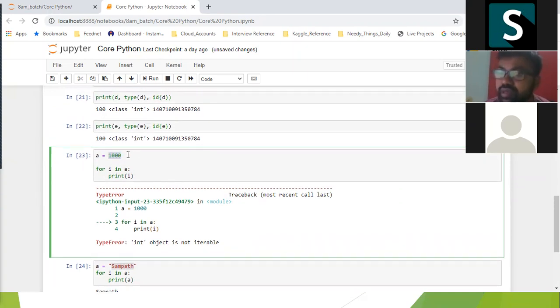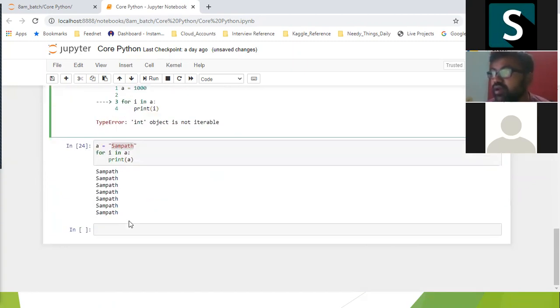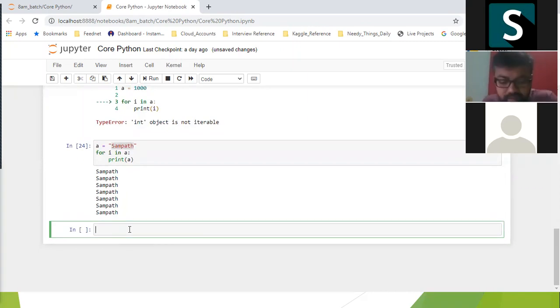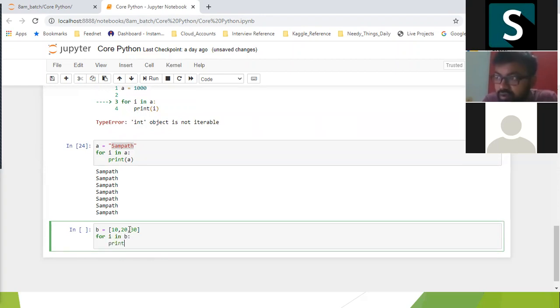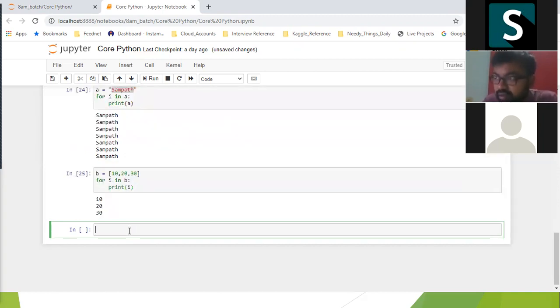Apart from this, an immutable object can be fetched fast, and we can do calculations a little bit faster too. And I'll show one more example, a equal to a list, this is surely a mutable object. For i in b colon print i. So I'm getting all the values, my loop is running, it supports iteration, and it's mutable. Why we call it a mutable object: I can do a substitution, I can change these values.